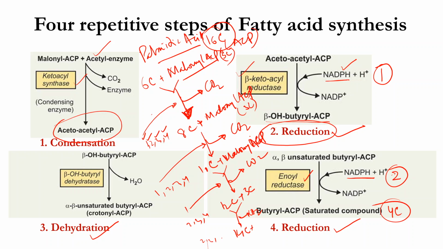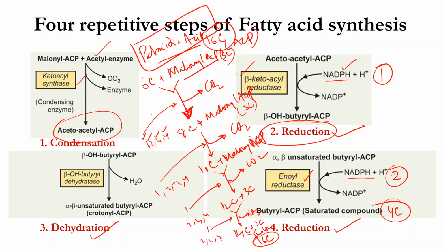Again steps 2, 3, 4 will be repeated, and again 3 carbon will be added. After the release of carbon dioxide, it will become 16 carbon. This 16 carbon is the initial outcome, that is the palmitic acid of the fatty acid synthesis pathway. So if we keenly observe,